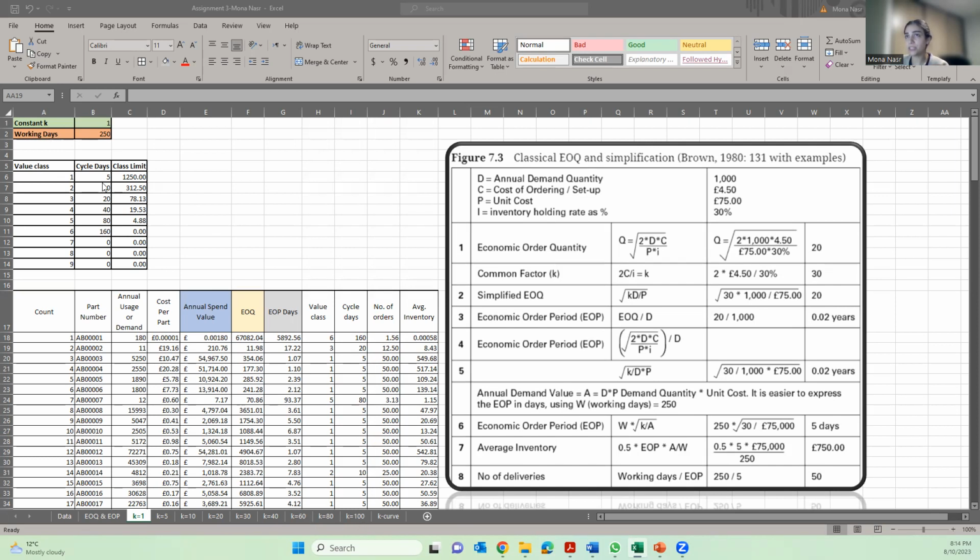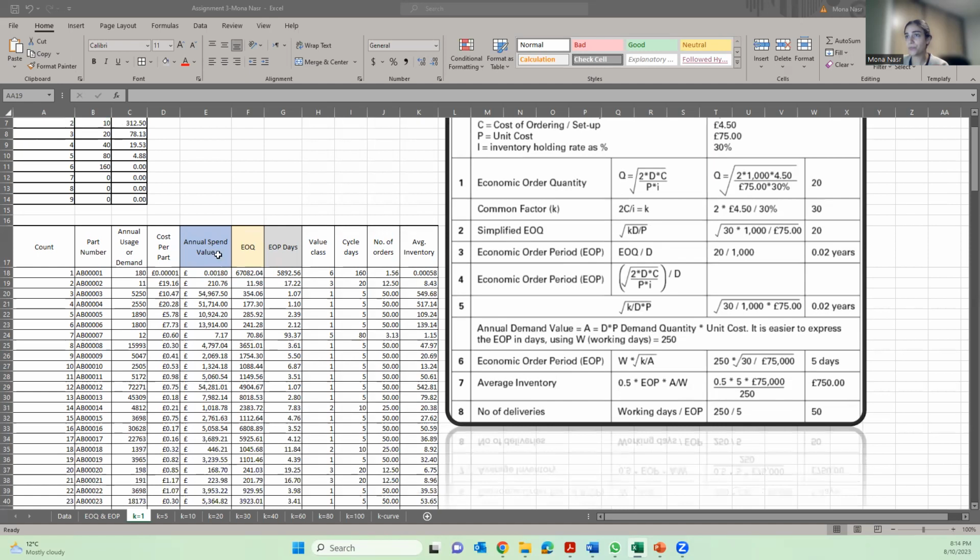So for the first sheet, we have constant K as 1 and working days 250. To calculate annual spend value, the formula, which you can see here in the formula box, is annual usage or demand times cost per part. For the first part number, it's going to be